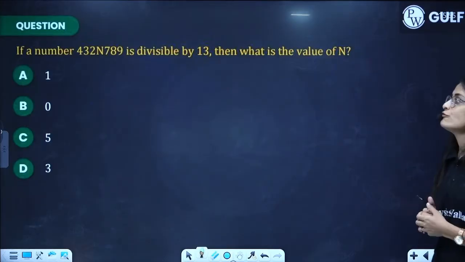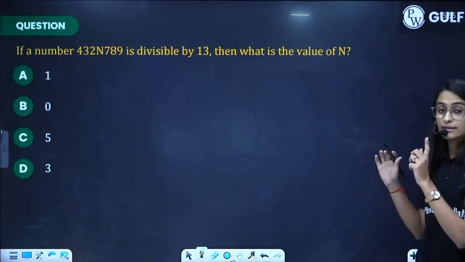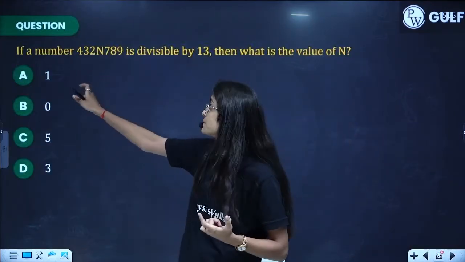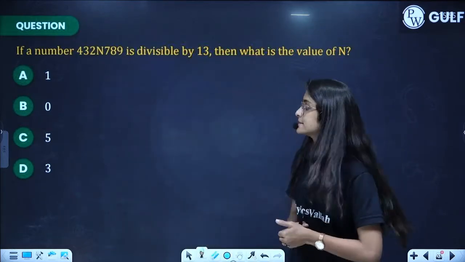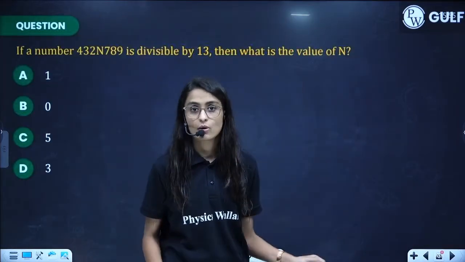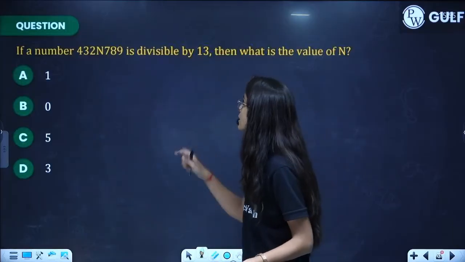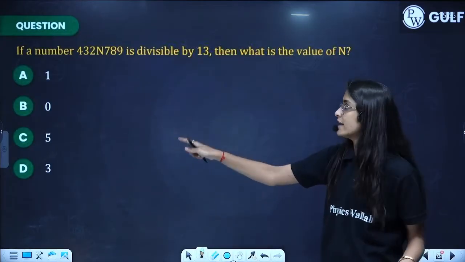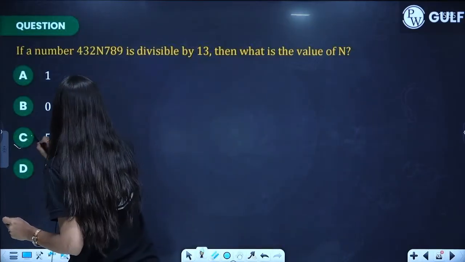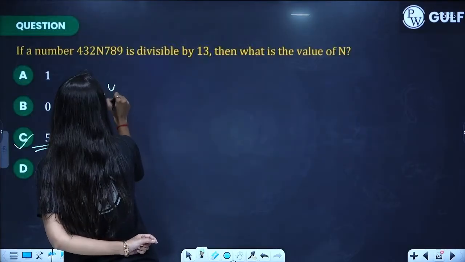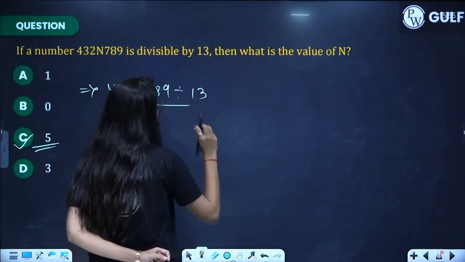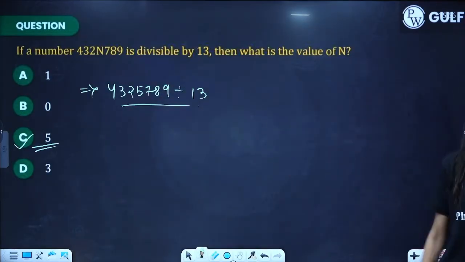If the number 4, 3, 2, 7, 8, 9 is divided by 13, then the value of n will be, here you can just go with the options, just try to substitute the values of n as 1, 0, 5 and 3, because divisibility in an examination would really go very lengthy and it would consume a lot of your time. So here we have checked by substituting 5 in place of n, the number would be divisible by 13. So your option C will satisfy your answer, and moreover 4, 3, 2, 5, 7, 8, 9 can be divided by 13. Okay,